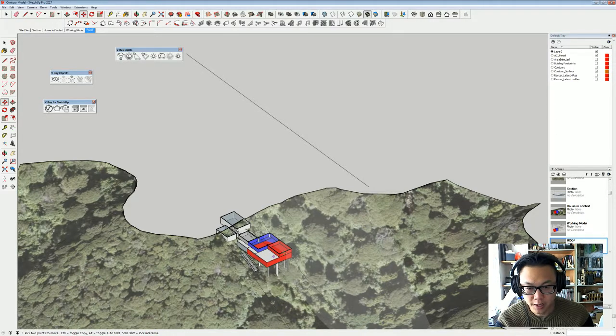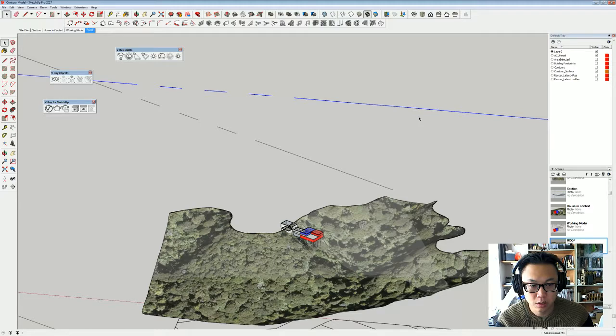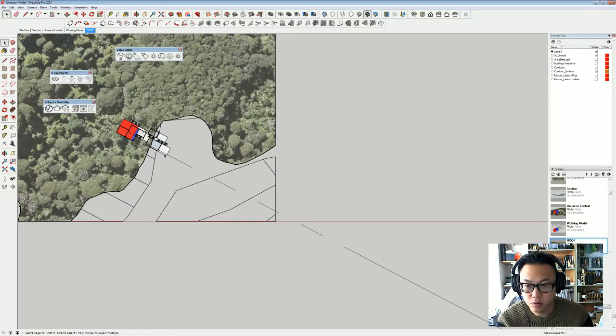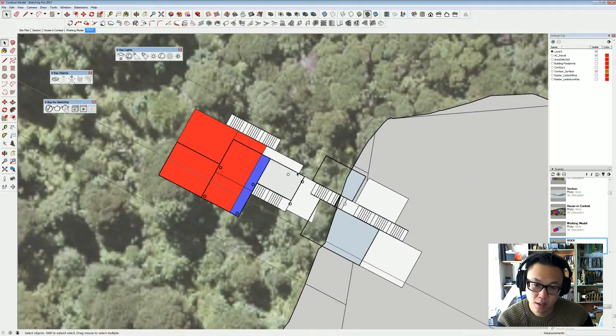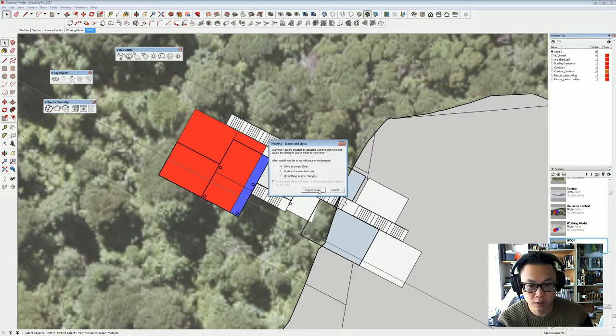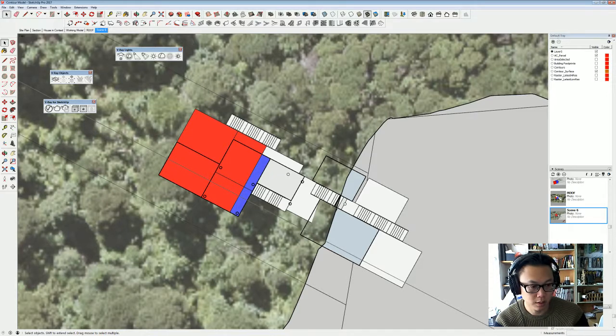And then we got the, what do you call it? Decking. So align view, and we're gonna create another scene. We're gonna call it main floor,